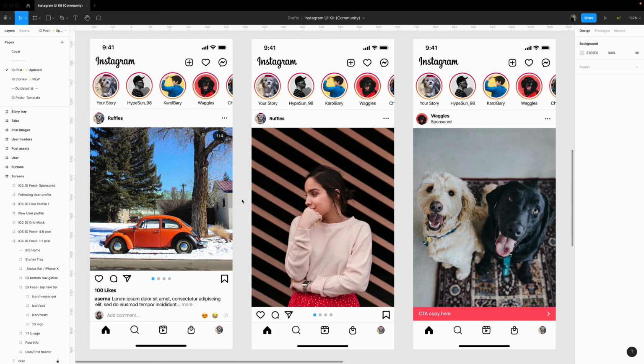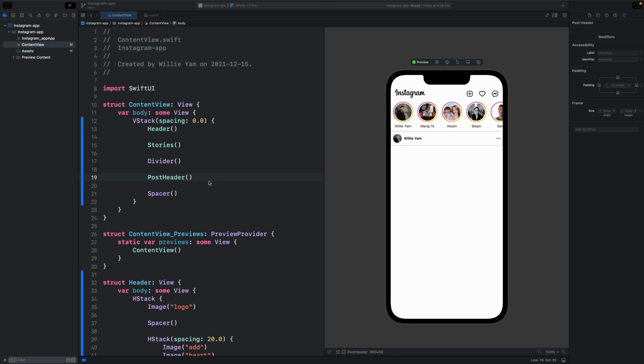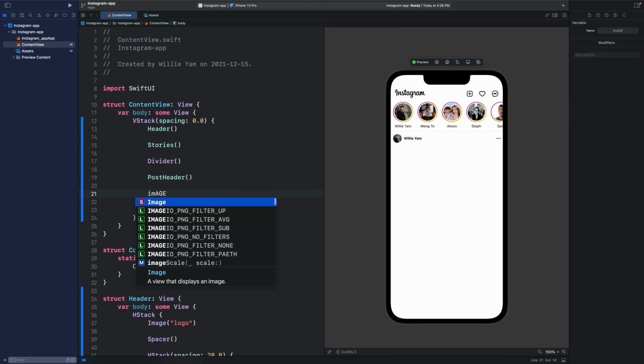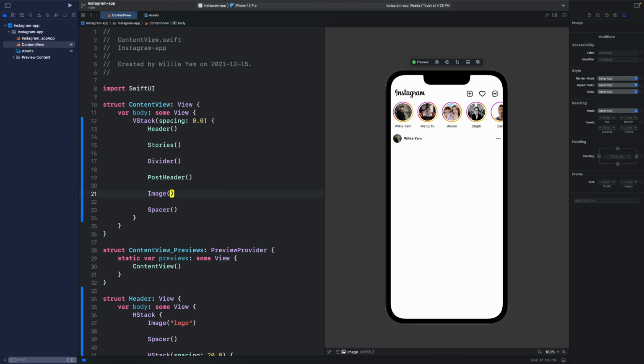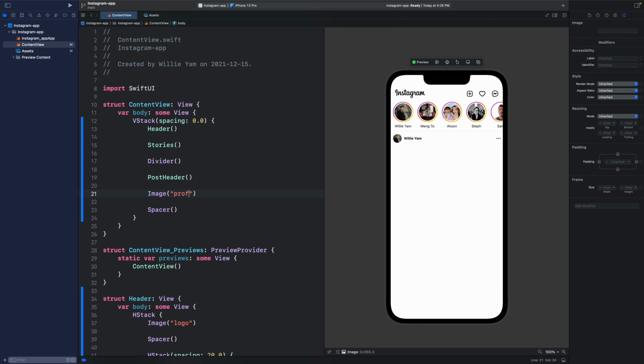Let's talk about the post content. The post content has the image, then 3 icons to the left, and the bookmarks icon to the right. After the post header, let's add an image for the profile,